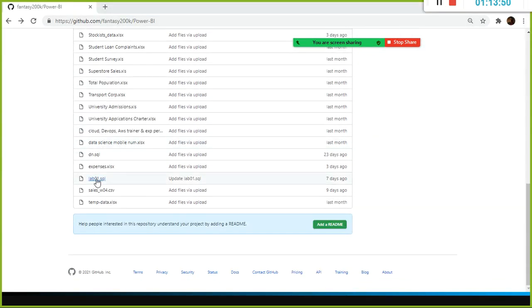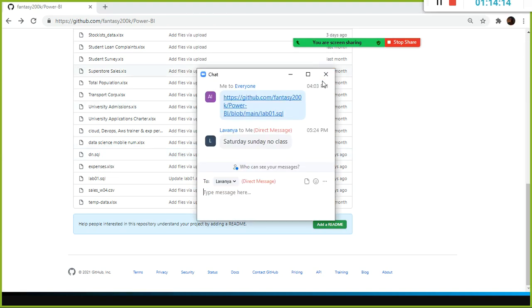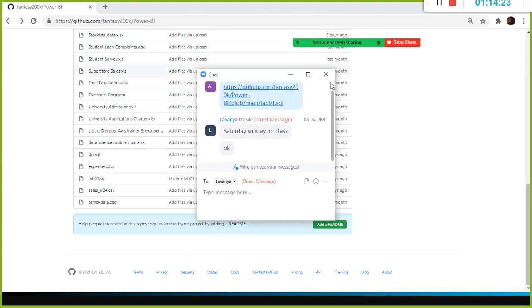We are going to work on this exercise gradually. Probably on Monday we will work on the intermediate level of SQL queries, and also on Wednesday. Monday and Wednesday we'll have a one day gap, so that you will have some breathing time to practice whatever commands I give, because weekdays will all be busy, right? Saturday, Sunday no class. We will finish everything in weekdays itself, so that on Saturday and Sunday you can practice it.